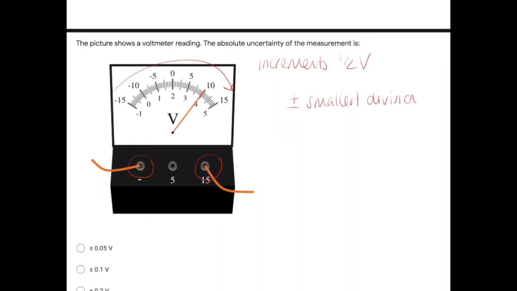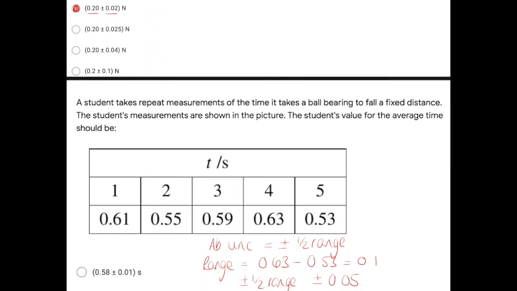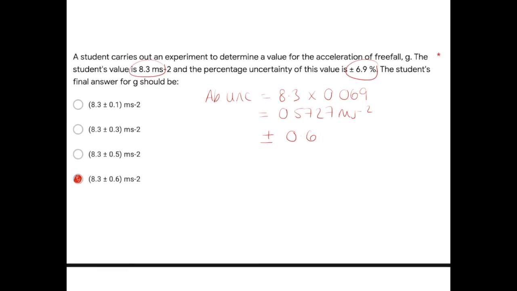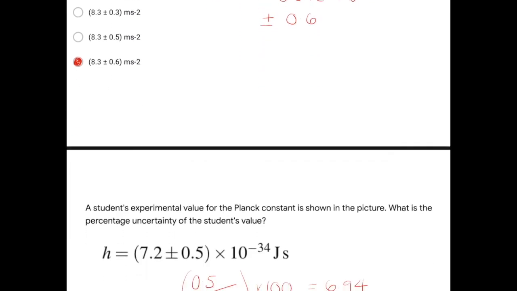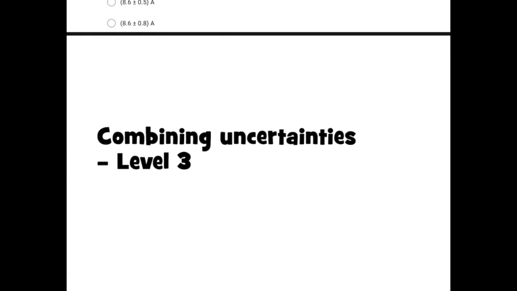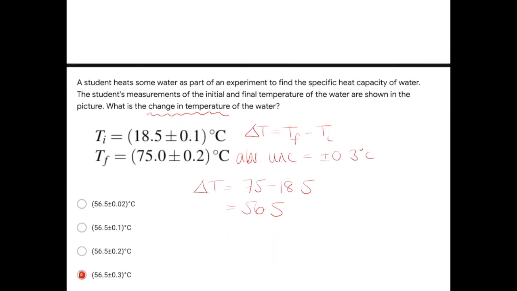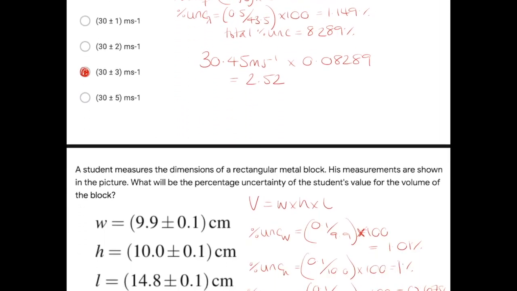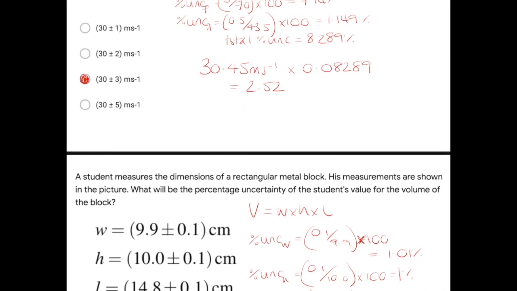So hopefully that has taken you through three different types of examples. So we had level 1 where we were looking at calculating the absolutes either based on the precision of our equipment or taking repeat readings. We had level 2 where we were then making those uncertainties percentages, so working out their relative size in comparison to the actual answers, which hopefully was fairly straightforward. And then we had level 3 where we looked at combining them both when we had to add and subtract quantities of the same unit and when we had to multiply or divide them to get other quantities. So if any of this you are still unsure of, please just go back through the video and watch the relevant examples, because it's really important that you are confident in doing